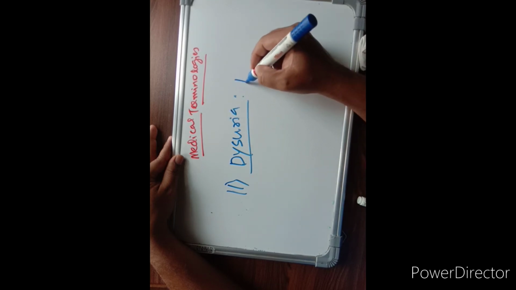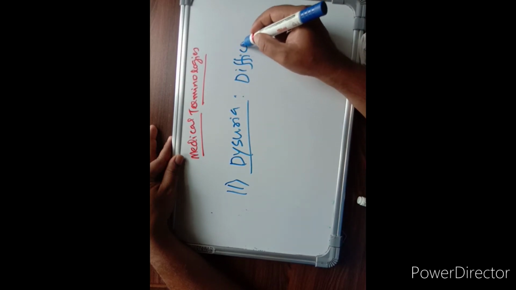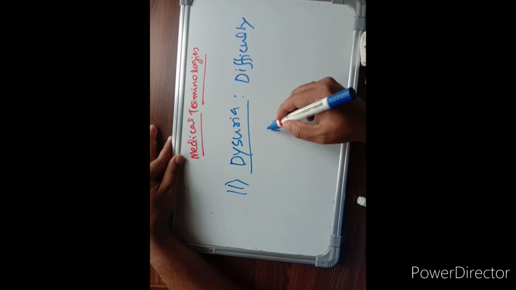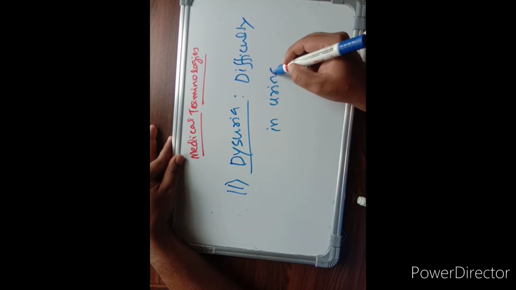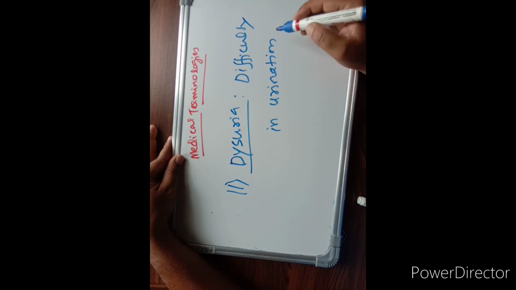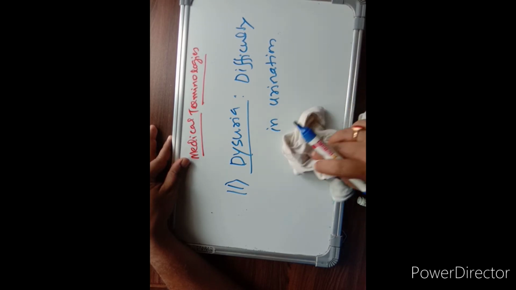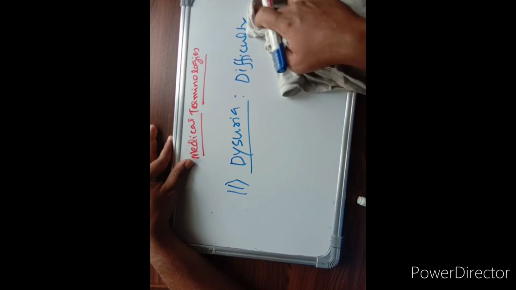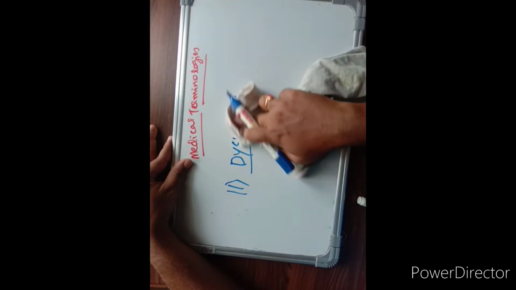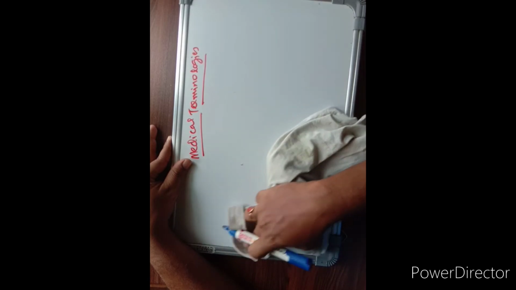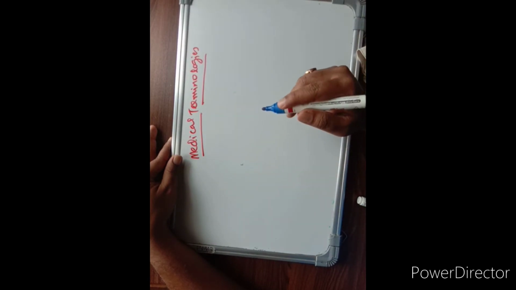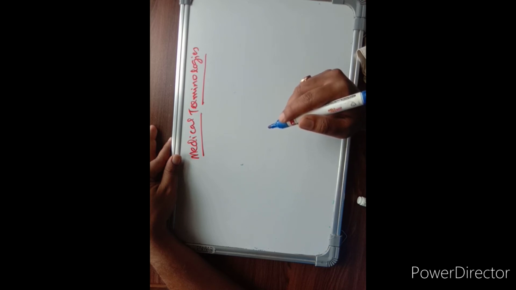Dysuria means difficulty in urination. The patient may face a lot of difficulty in urination. We can also call it painful urination. This mainly happens in benign prostatic hyperplasia, when the neck of the bladder is completely obstructed because of hyperplasia of the prostate. Whenever the patient feels painful urination or there is a difficulty in urination, that is known as